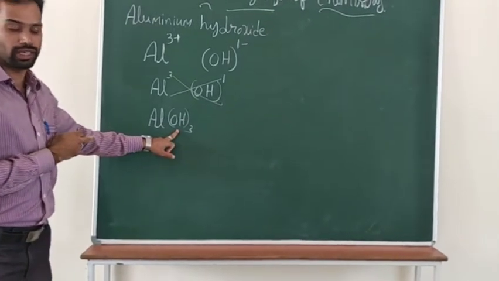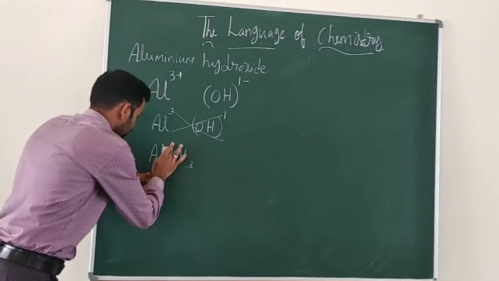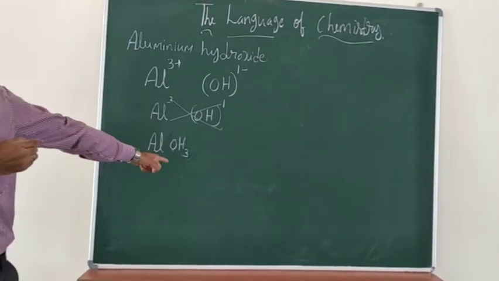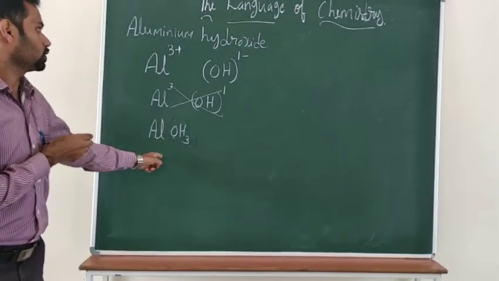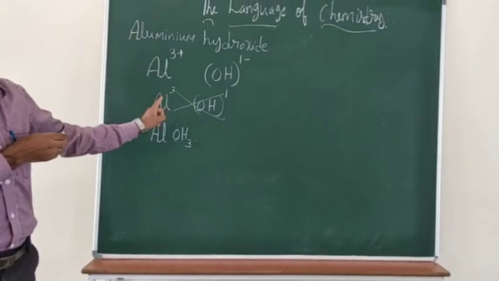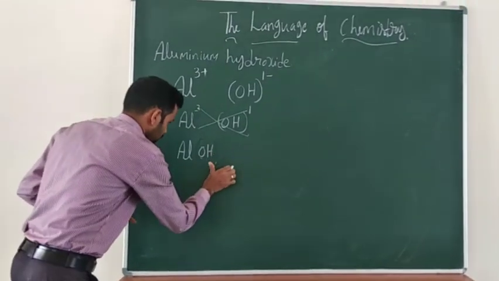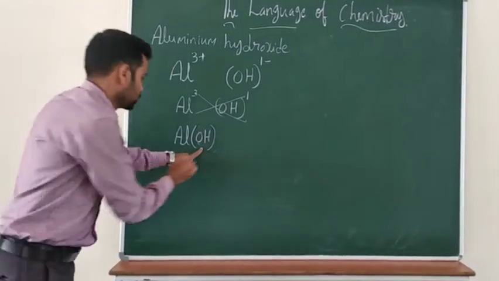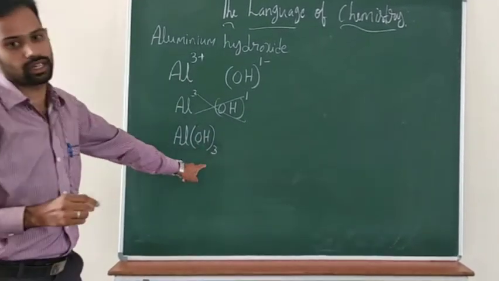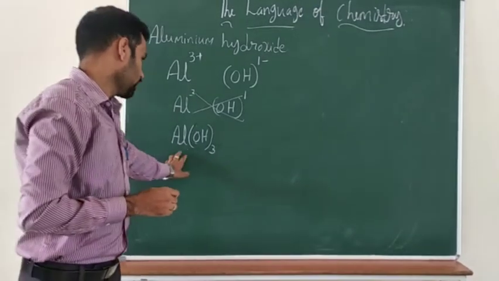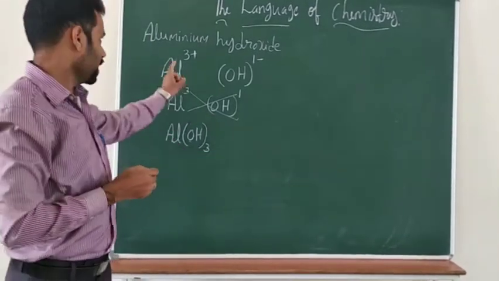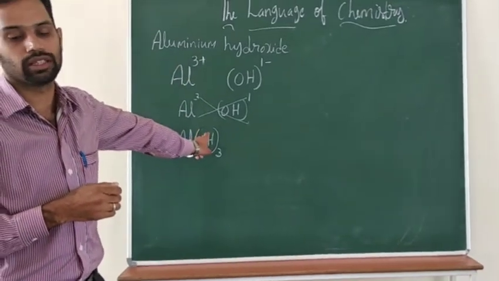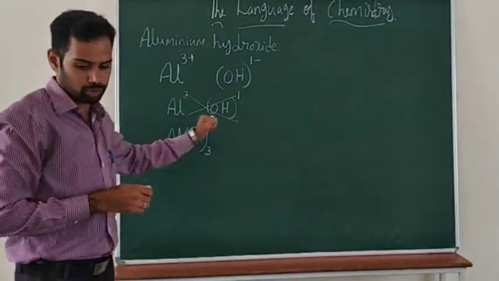This is very important, students. If you write like this, AlOH3, that is wrong. So this is the wrong chemical formula of aluminum hydroxide. That's why you should write in the bracket only for hydroxide, OH. So Al(OH)3. So how to read that one? Al(OH)3, aluminum hydroxide. So this is the chemical formula of aluminum hydroxide. I think all of you understood this one. And go to the next one more.